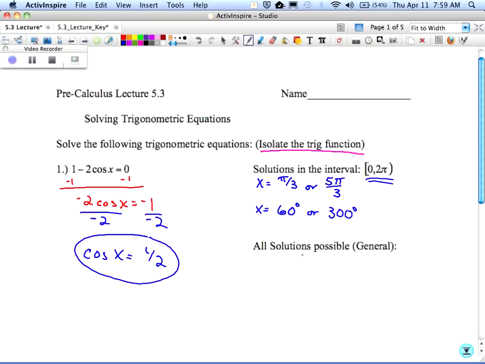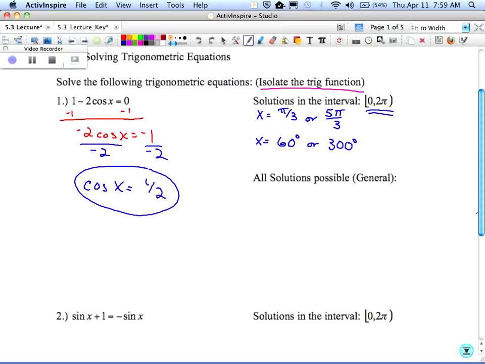What that interval is telling you is just use the unit circle from 0 around to 360 again. Okay, so just once around the unit circle. And it really should only be in the positive direction. So 0 to 2 pi or 0 to 360. I don't care if you write down radians or degrees. Now, what will happen here, because there is no interval and what they talk about is the general form, you